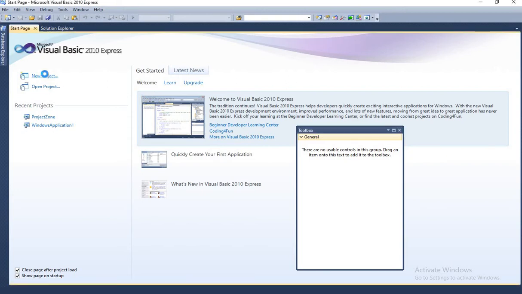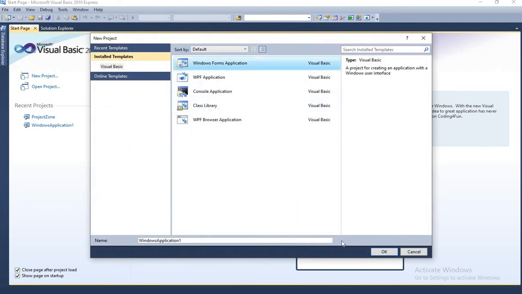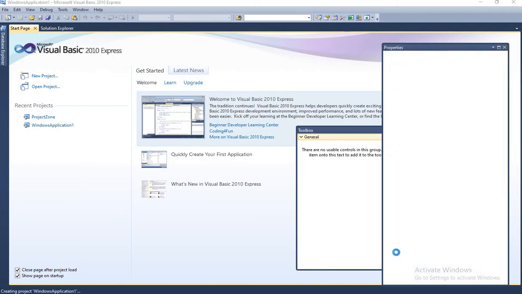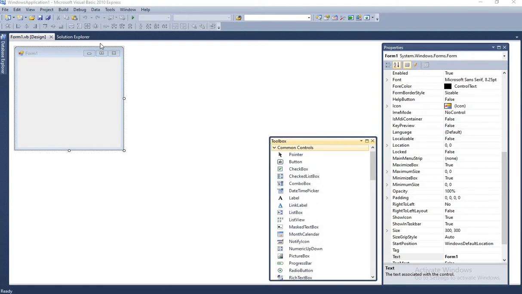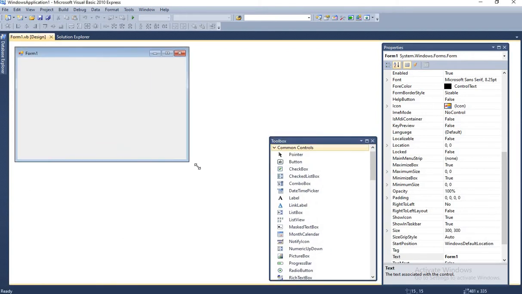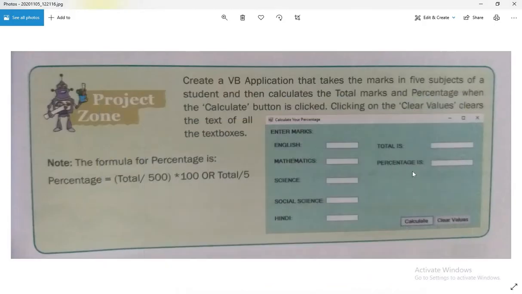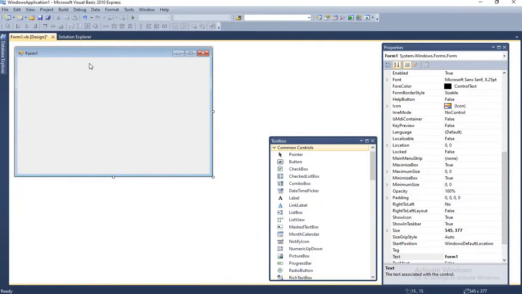here. We have selected VB and we are going to create a new application. So this is the window open in front of you where we will design the interface. See students, as we are looking into the question, this is the interface whose form's background color we have to change, and we have to change its text property because this text should be displayed on the form's title bar. So how can we change it? Select the form and go to the text property of the form. This is the text property, where by default it is showing its name.